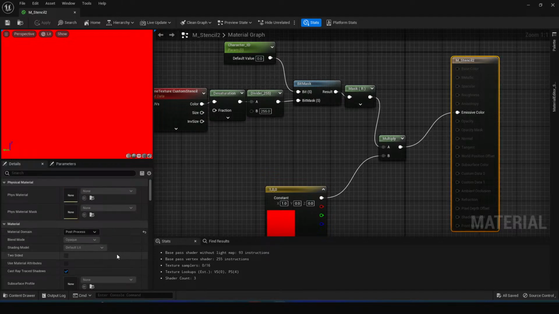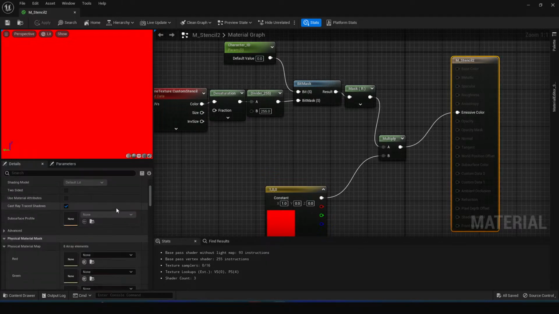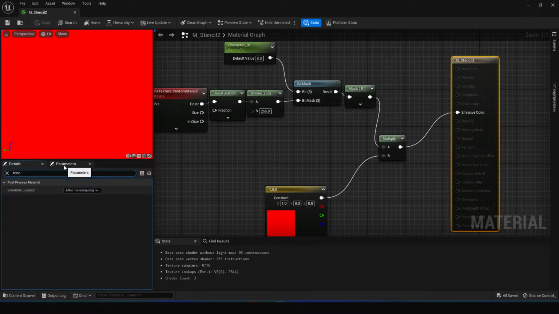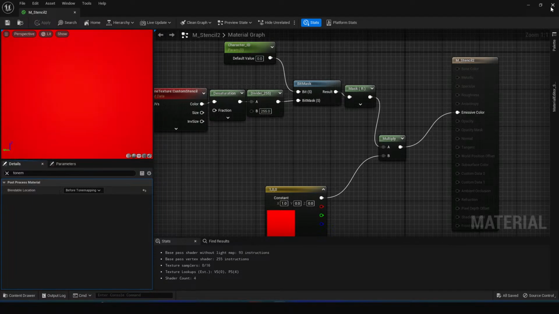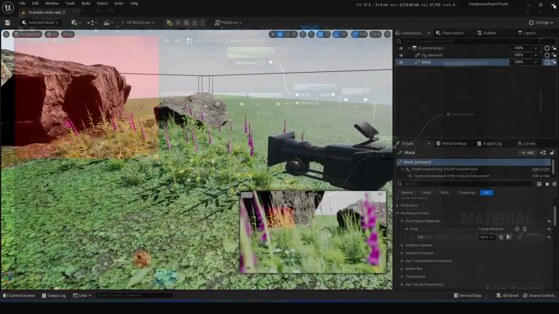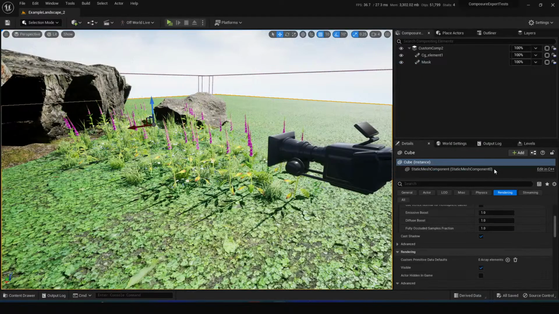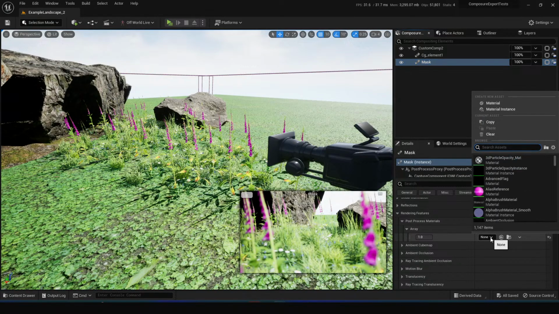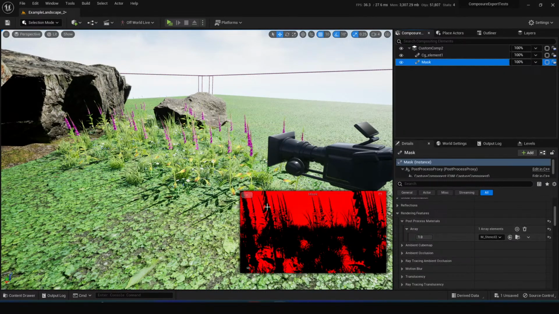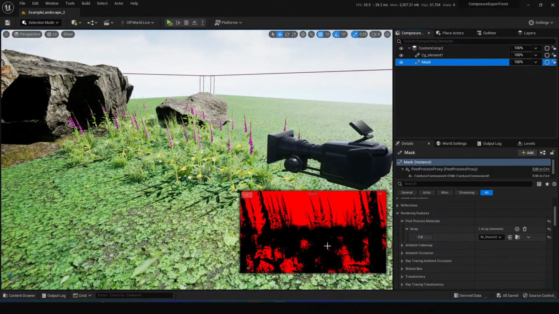Actually first, what was it I was setting here for after tone mapper? Blendable location, before tone mapping. This will just make it a bit smoother, a bit less jagged. Apply and save that, and let's go to it. Stencil 2. This can go in our mask element in the post-process materials. Stencil 2. Awesome. Cool. So we've got an inverted mask of what we want here, so we just need to do one